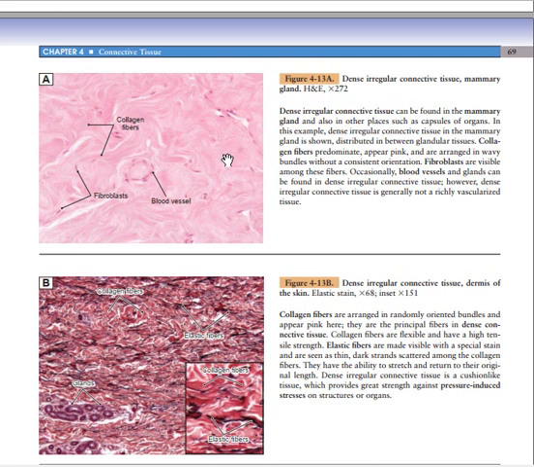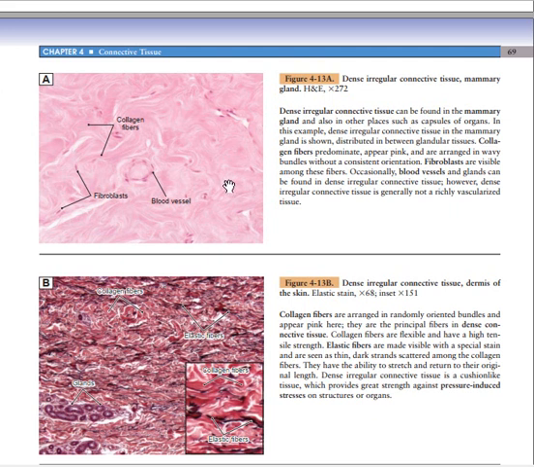That's the first point. When you want to speak about connective tissue, I've said that there are three elements that you have to speak about. You must speak about the cell, you must speak about the fibers, and you must speak about the ground substance. Here the cell that predominates is going to be the fibroblast. The second thing is that the fiber that predominates is the collagen fiber. Now the specific characteristic of dense irregular connective tissue is that it's going to have a wavy